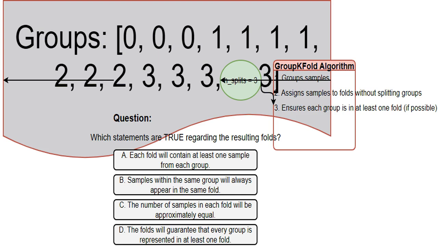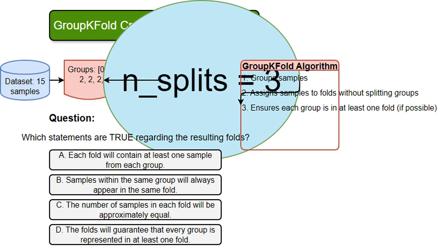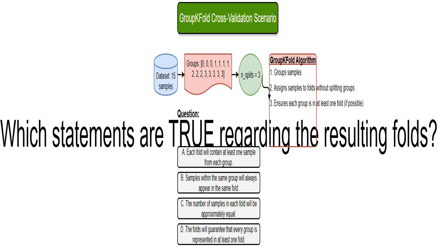Notice Group 0 has 3 samples, Group 1 has 4, Group 2 has 3, and Group 3 has 5 samples. This unequal distribution is crucial. I want to split the data into 3 folds for cross-validation. This is the central question. I need to determine which statements accurately describe how the GroupKFold algorithm divides the data given the group structure and